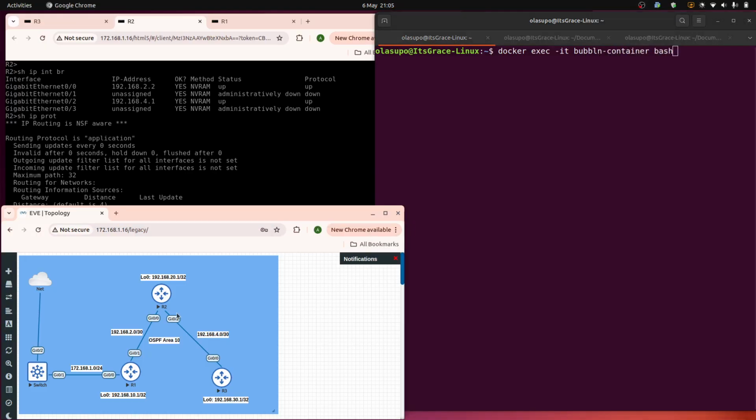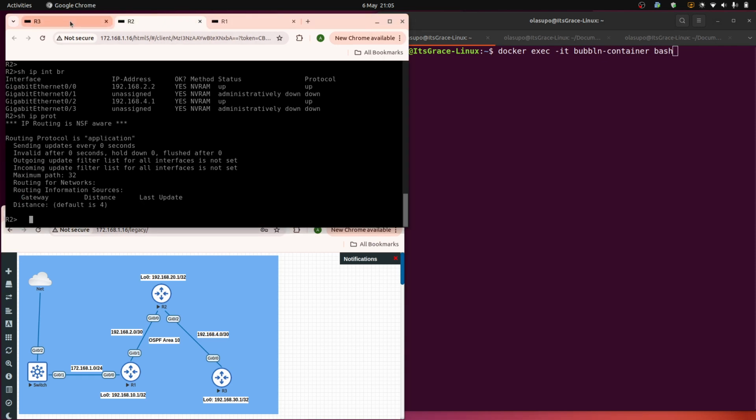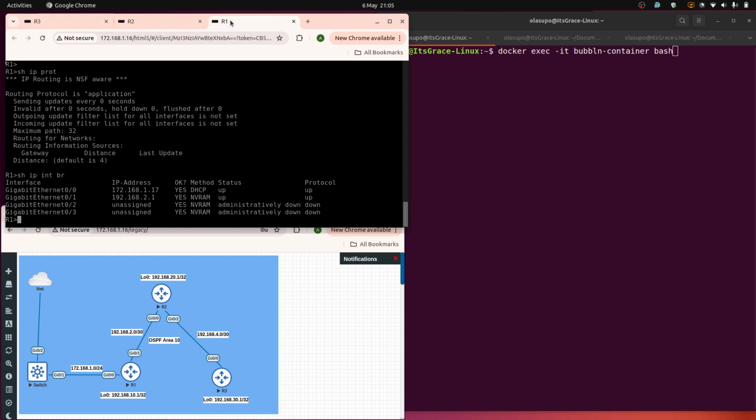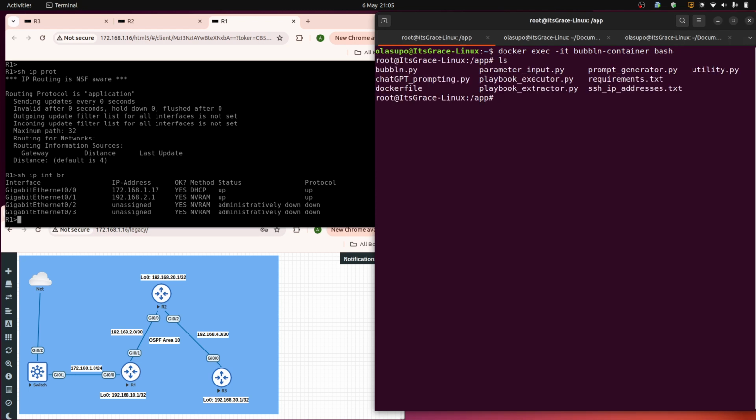So we'll be using Bubbln to deploy this network that we have at the bottom here, and over here are the different routers that are on the network. We can see the configurations that are currently on them, which allows Bubbln to have access to them. Just the basic configurations are on them. So now we already have Bubbln in a Docker container, and then we'll just go ahead and